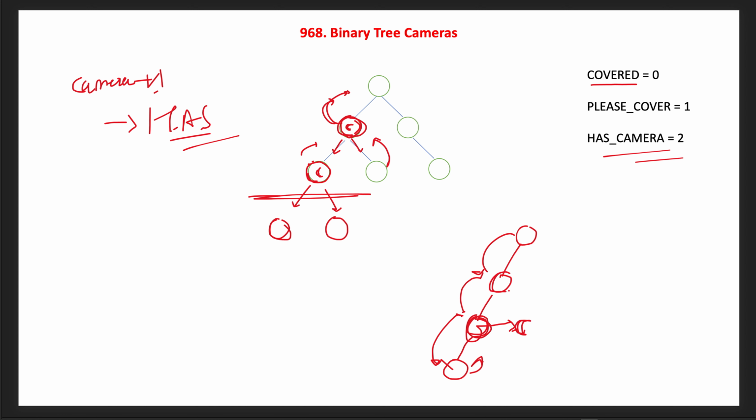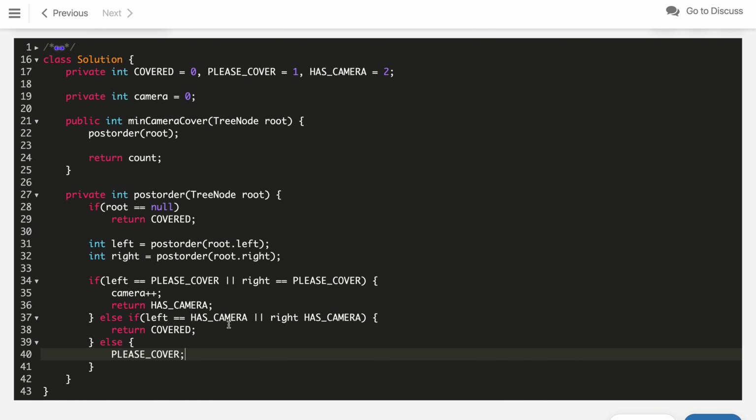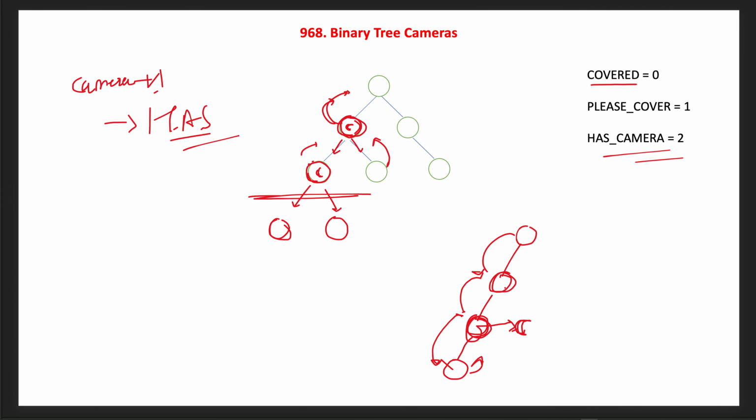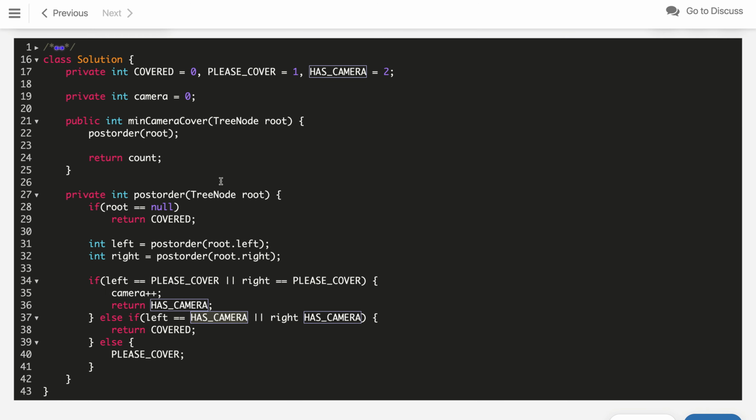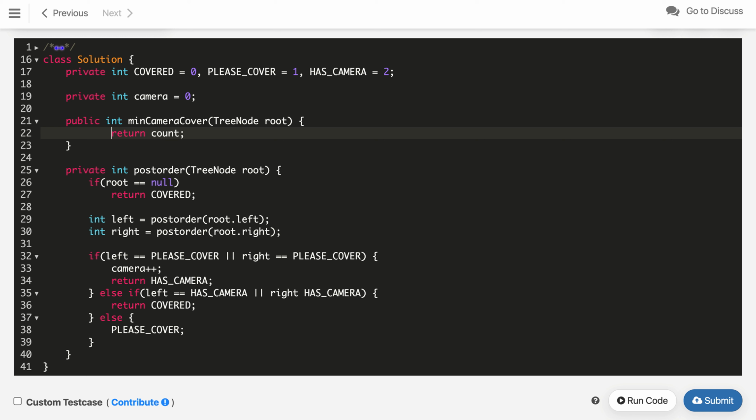So we place the camera, then this guy will return that the camera is there. So once this guy gets the has camera value from any one of them, as you can see in this condition, we return that this is getting covered by its child. So this returns covered. So once we return covered over here, this node is getting covered. So here we need to check when we call the postorder traversal, let's write the same using the ternary operator.